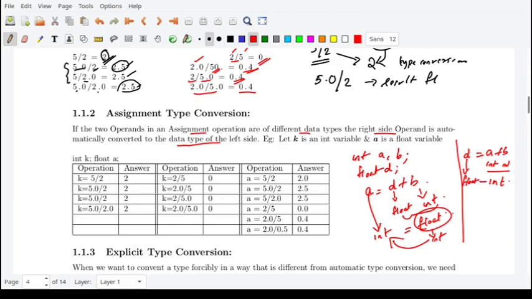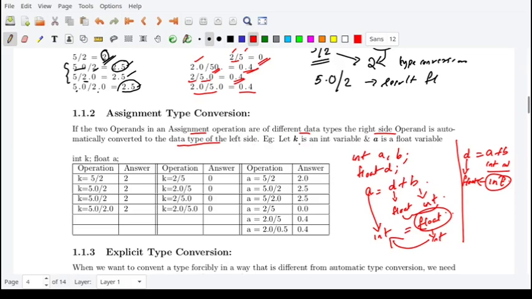So this integer is converted into float and assigned to d. That is what is explained here. If the two operands in an assignment operation are of different types, then the right side of the operand is automatically converted into the data type of the left side.